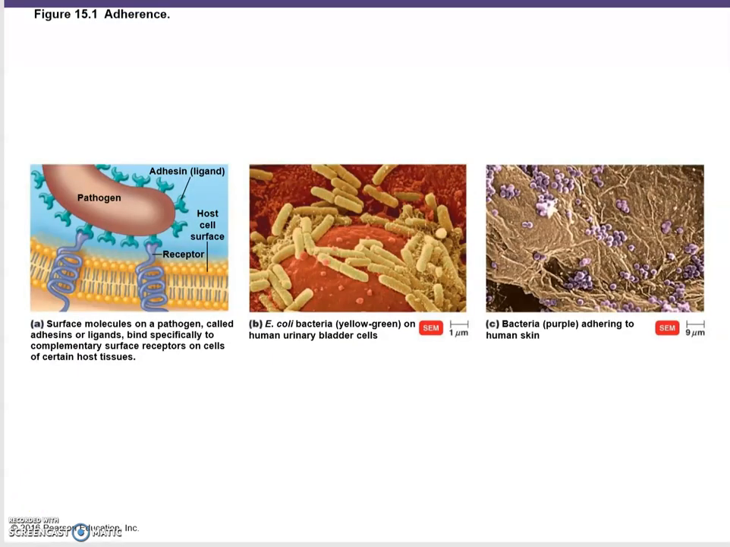Here are some examples of how bacteria might attach to your cells or surface structures on you. On panel A, here you see how this pathogen right here is using an adhesin, a ligand. So here the surface structure right there to attach itself to a receptor on the host cell membrane. On B, here we have E. coli bacteria in yellow that are attaching themselves to the human urinary bladder cells right there. And on C, you have bacteria in purple that are attaching themselves to human skin, so on the surface of